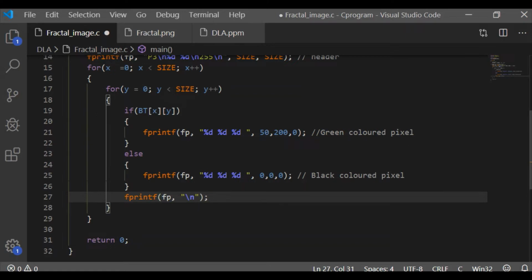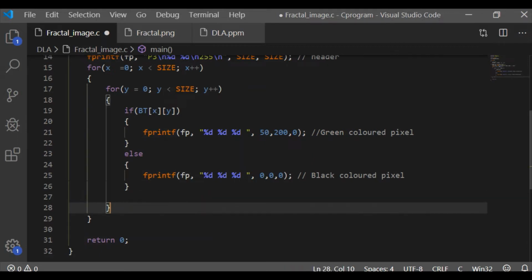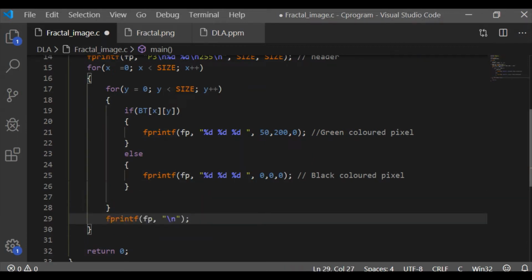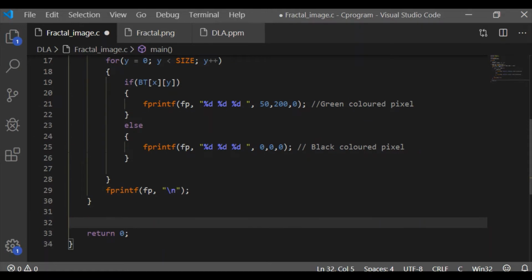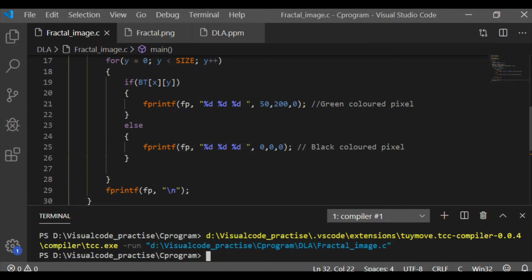At the end of each row, before starting the next row, we have to give a new line. That's why after the inner for loop, fprintf of a new line is provided to the file pointer. On writing all the content, we close the file pointer.